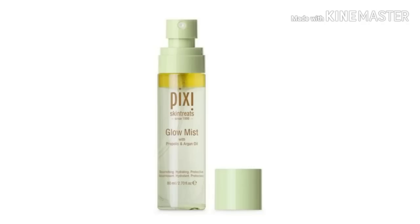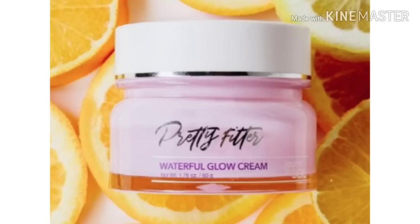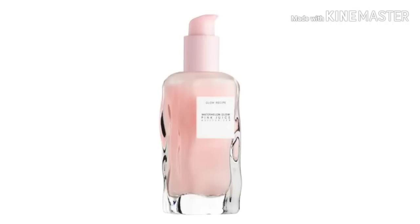Now for the two new items that they just revealed. First one is the Touch in Soul Pretty Filter Waterfall Glow Cream, and then next is the Glow Recipe Watermelon Glow Pink Juice Moisturizer. So as soon as they reveal any more spoilers, I will keep you guys updated,